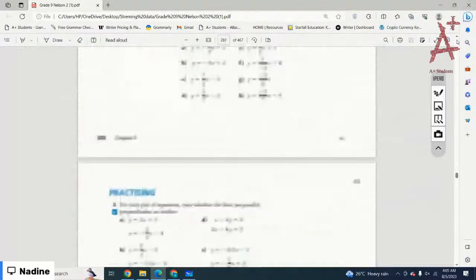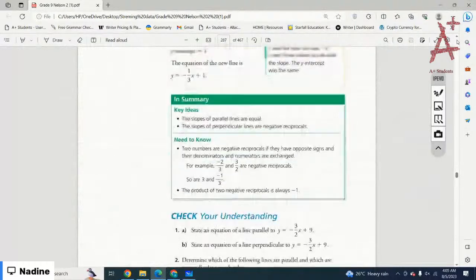Okay, here is the summary of the lesson. The slopes of parallel lines are equal. So if two lines are parallel,